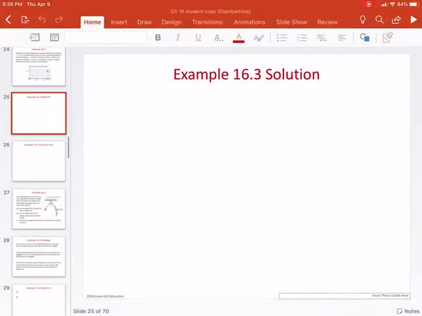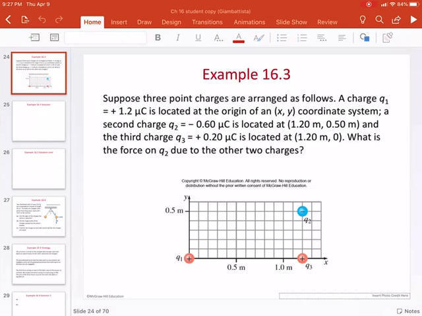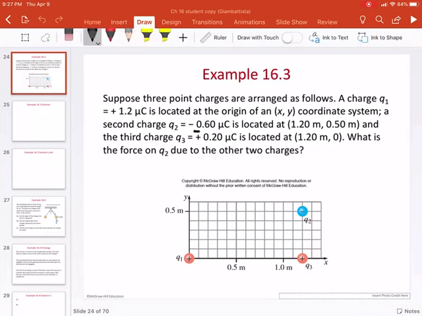Okay, I'm so sorry. I have to take that off because I can't keep it. So charge 2 is 0.6 and charge 3 is 0.2. Hopefully you guys had that written down. If not, you can rewind through this video. I really don't want to restart the video. Okay, so let's go on